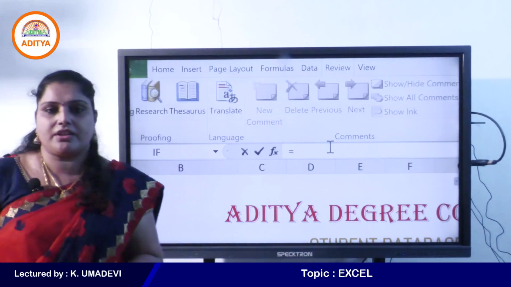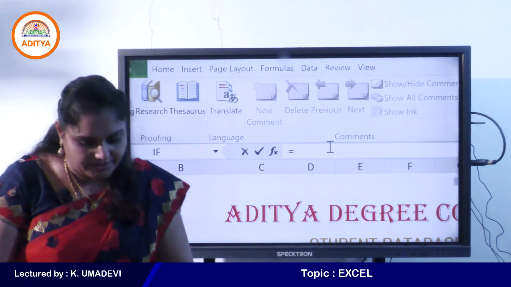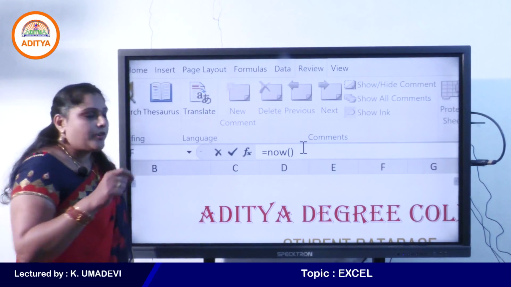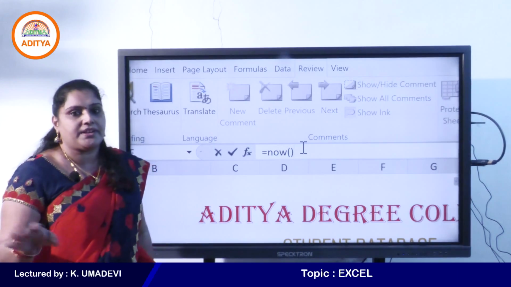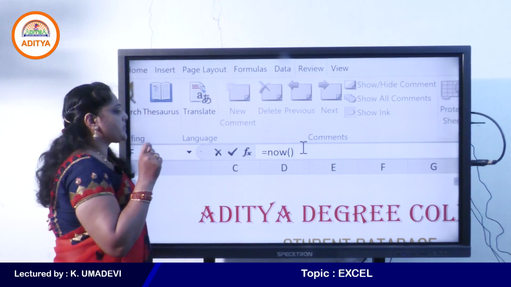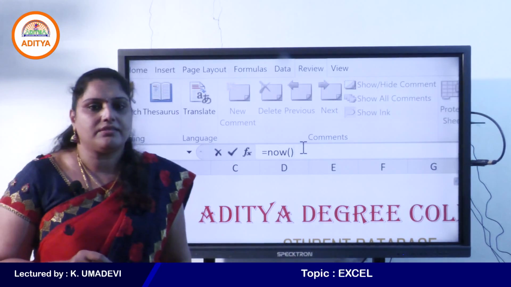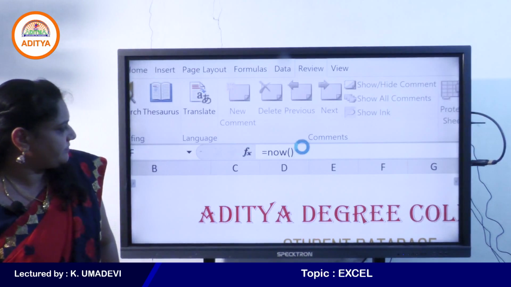use the NOW function. The NOW function comes under the date functions category. Arguments are not required for the NOW function. It doesn't require any argument, simply use NOW and function brackets. Enter equal to sign, use the NOW function and press enter.